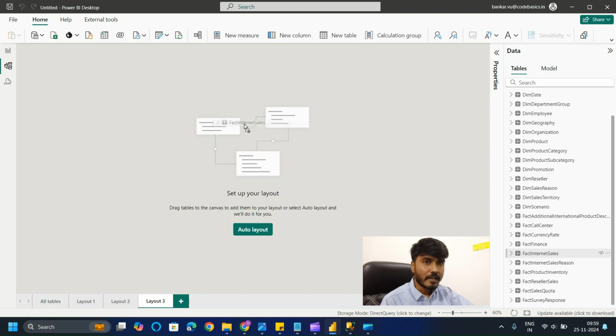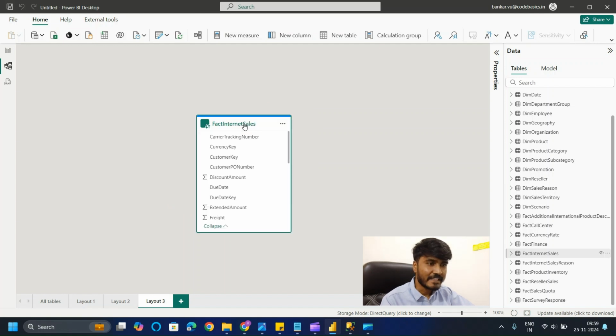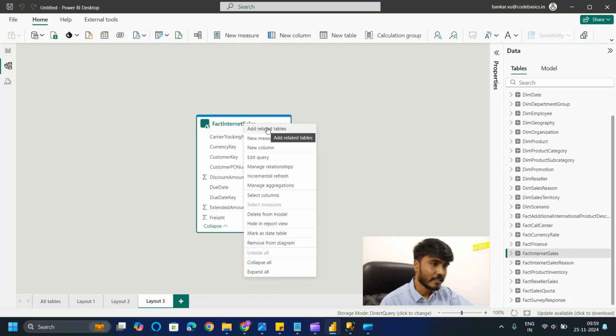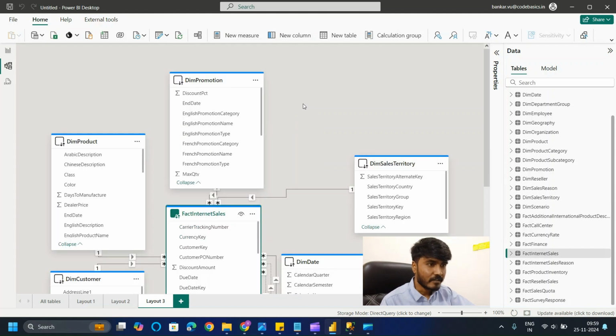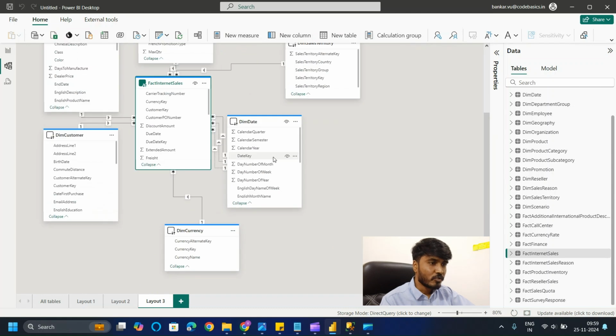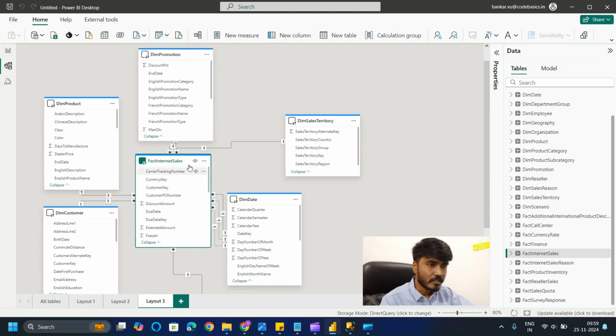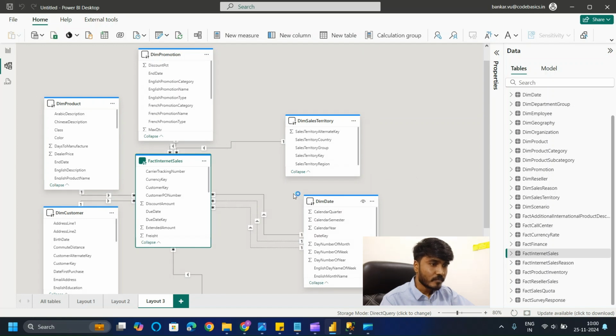I'm dragging and dropping here the fact internet sales table. It's a fact table, right? I'm just adding related tables to this. You get to see there are five to six tables related to fact internet sales. And if we look at the dim date table, you could see there are active and inactive relationships established between them. So you could get an idea that these tables have some kind of inactive relationships also,